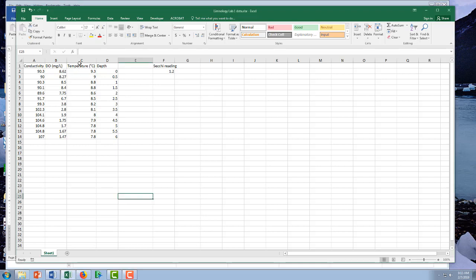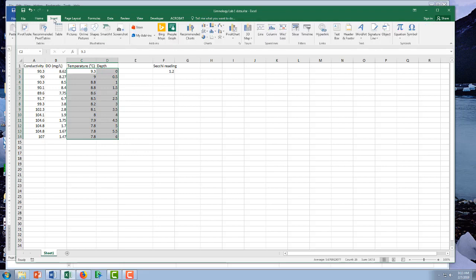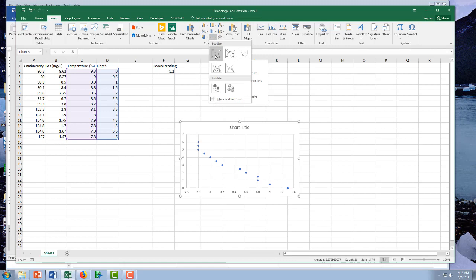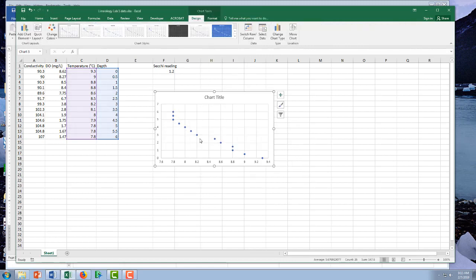So to start off, we're going to make a temperature profile plot. So the first thing I'm going to do is select both temperature and depth, those two columns of data, and then go to the Insert menu and select Scatter Plot. And that will make a plot that has temperature across the x-axis here down on the bottom, and then depth on the